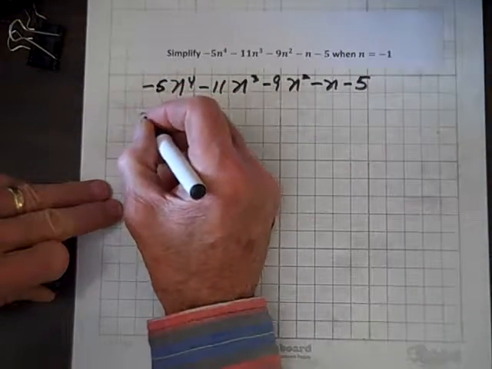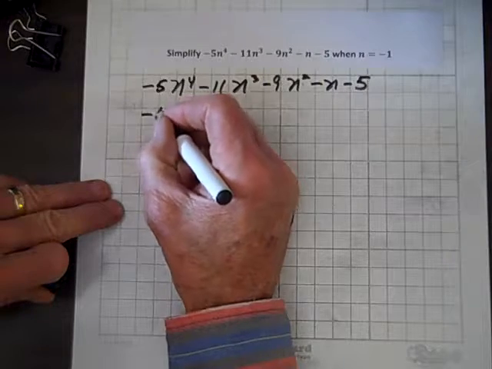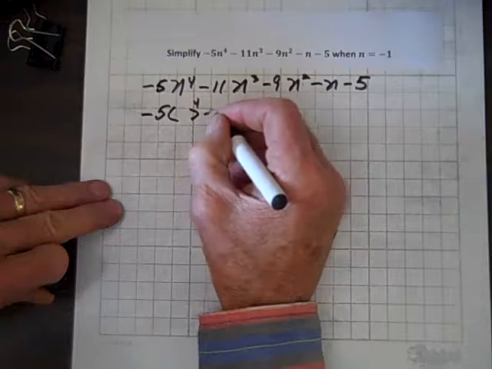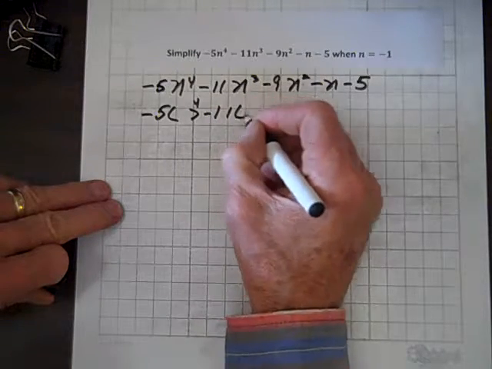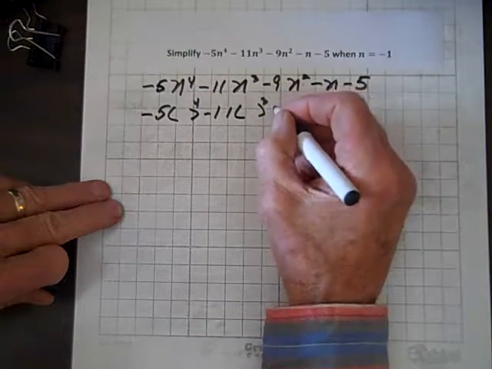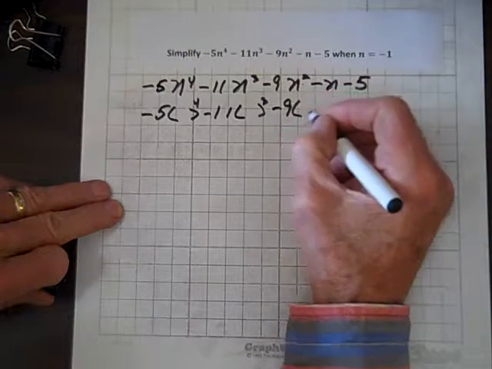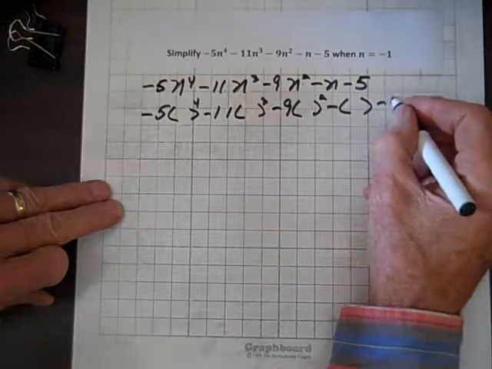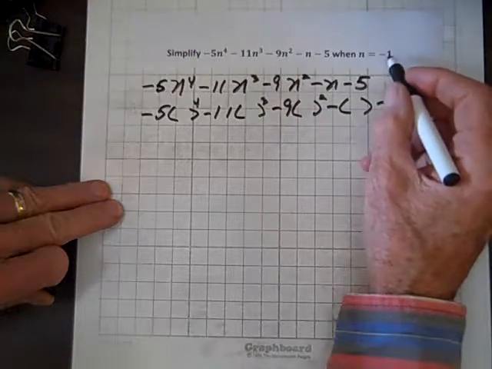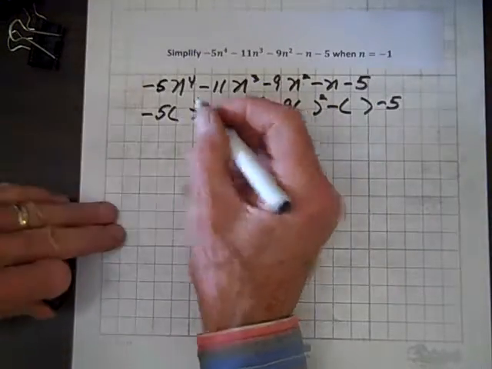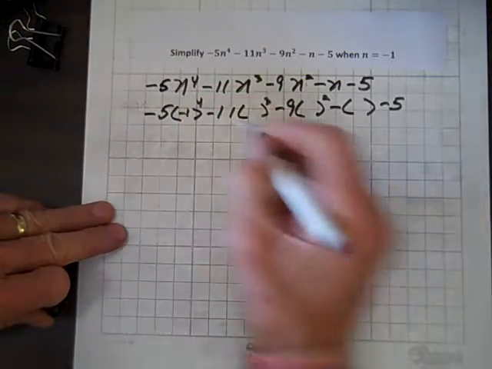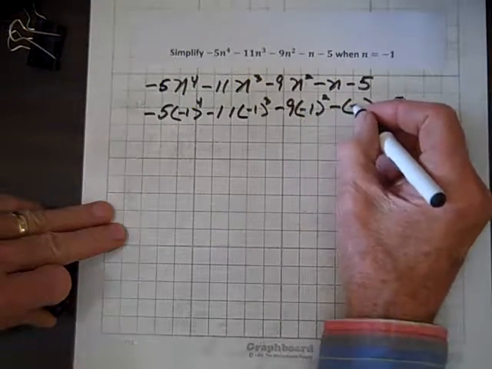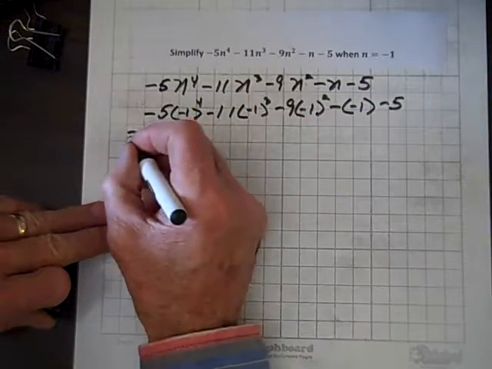In other words, we're going to replace every variable with parentheses, every n with parentheses. And inside those parentheses, we're going to write negative 1. That's replacing n with a negative 1. So this equals now